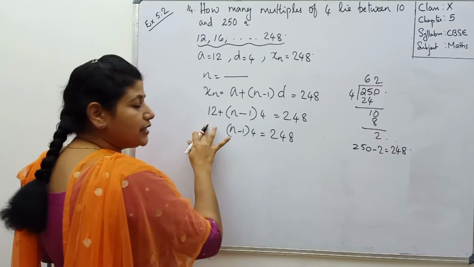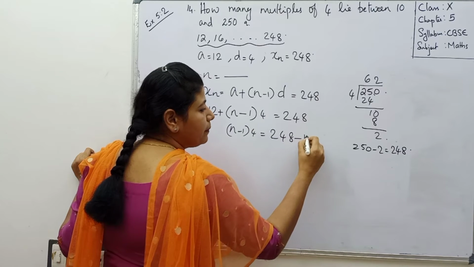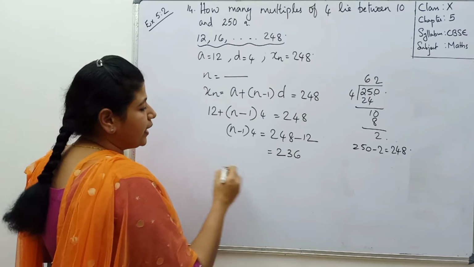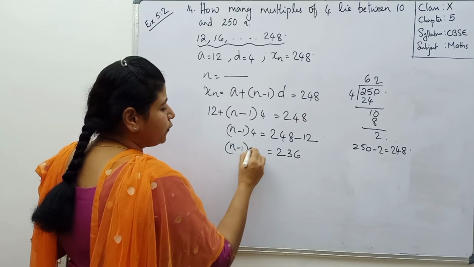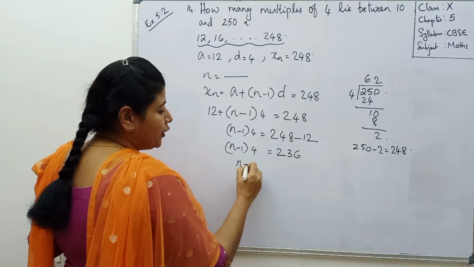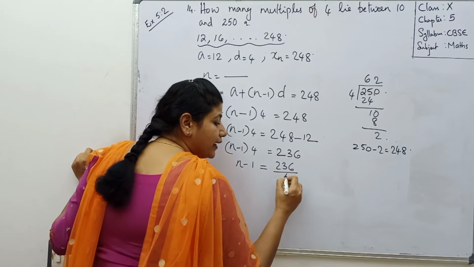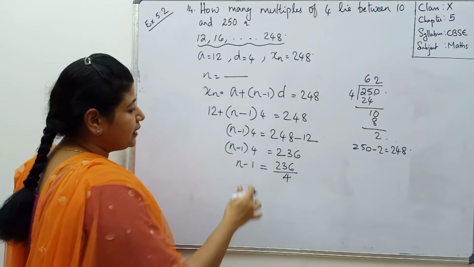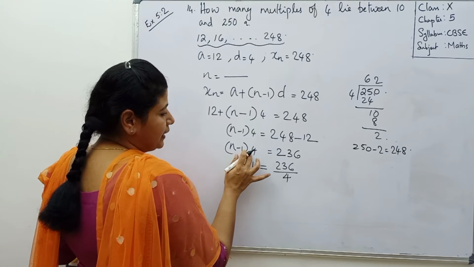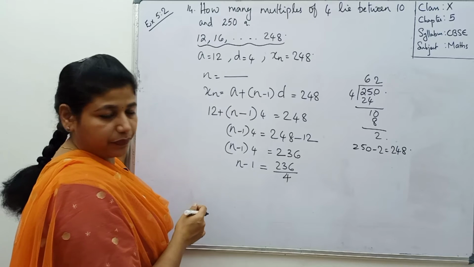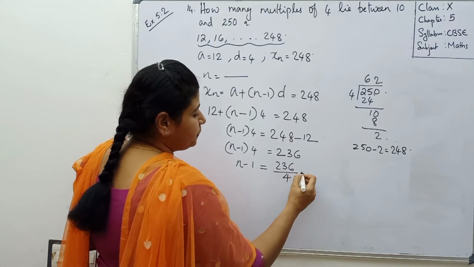We are taking this 12 to that side. Then it will be minus 12. You will get 236. Okay. So n minus 1 into 4 is 236, which means n minus 1 equal to 236 divided by 4. Isn't it? Since here 4 is to get multiplied, if you are taking this 4 to that side, it will be to divide. Okay. 236 by 4. Which is equal to